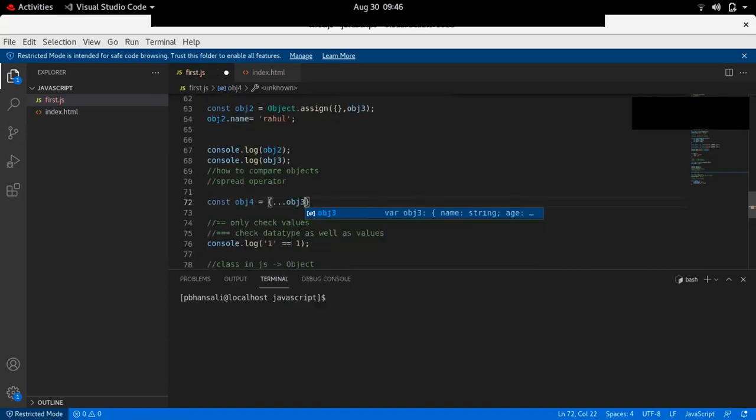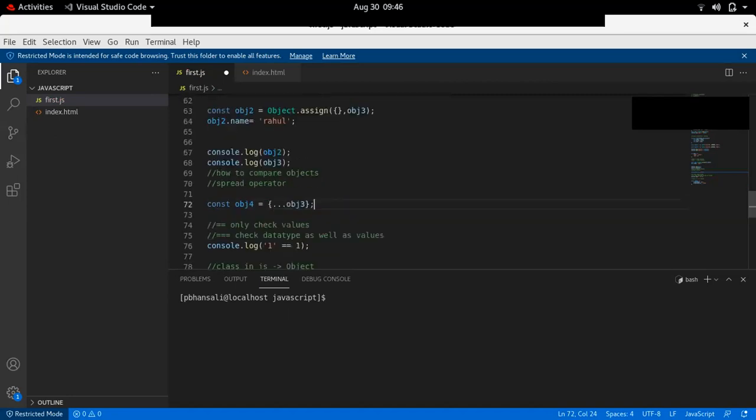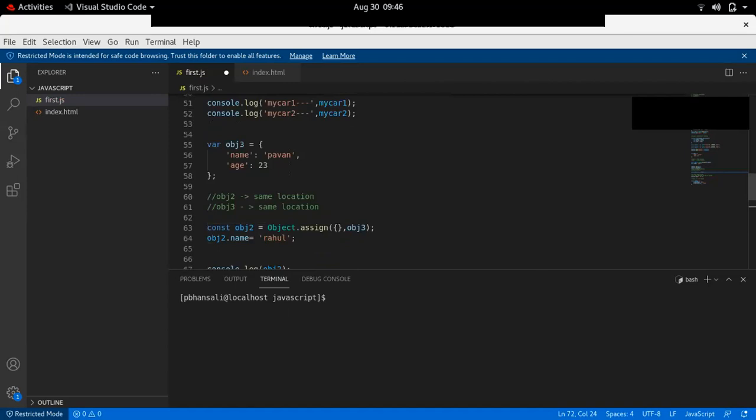So it will expand all the properties of object3 inside this object. And object4 will be a new object which has all the properties of object3, and it will be pointing to a new location in memory.